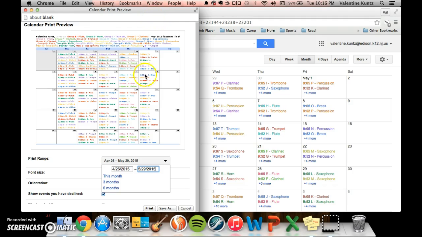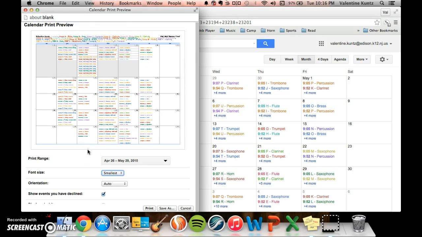You can also adjust the font size right here. I use smaller and smallest depending on how many weeks I'm trying to fit into my calendar. I know it looks small, but it will print clearly. I have tried it a couple times. And then once you've picked your options, you can click Print down here,